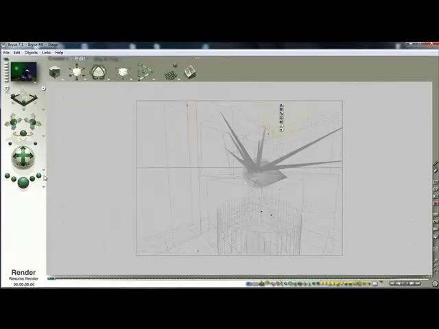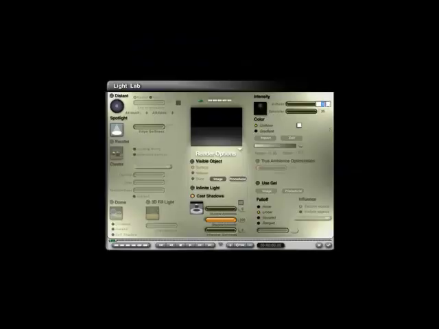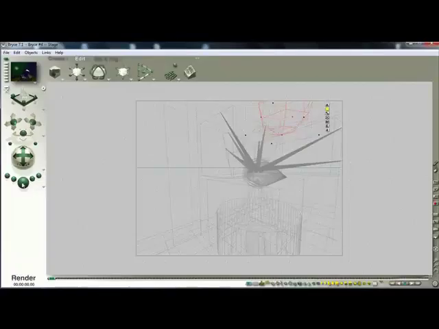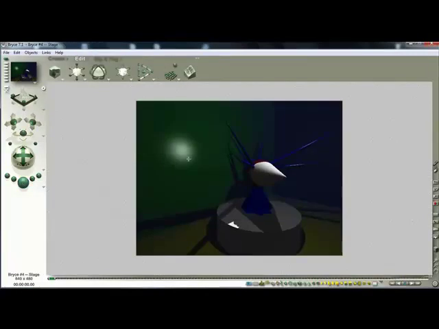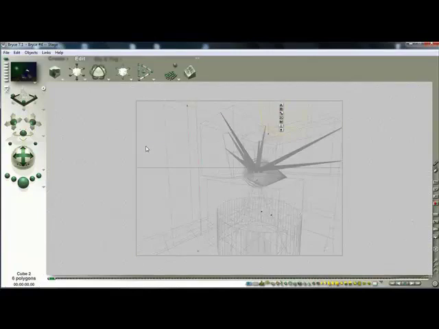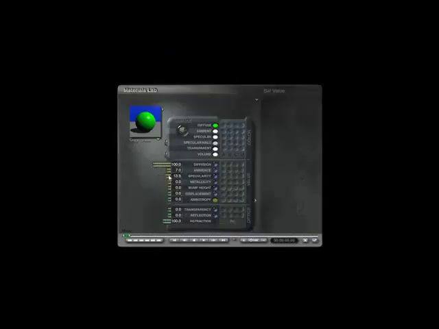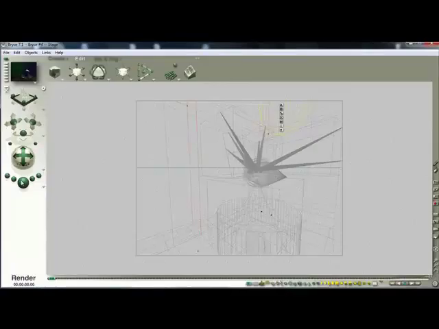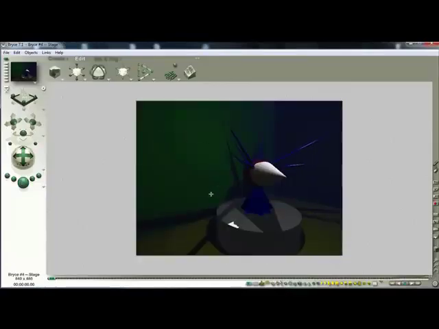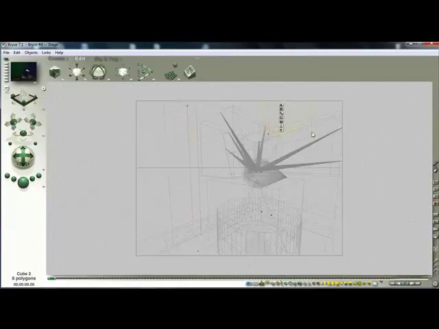So here I'm putting kind of a soft yellow on the wall too. Again, I think I'm going to bring that down just a little bit. And notice here the spot on the wall. I don't want that. So I'm going to go into the Materials lab and I'm going to mute the specularity. The specularity will get rid of that reflective surface. So there you've gotten rid of that